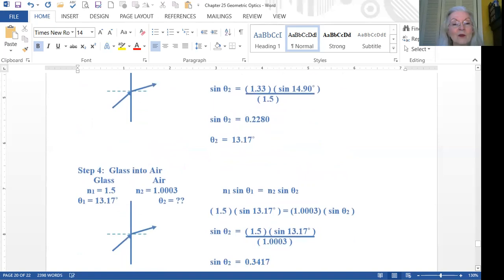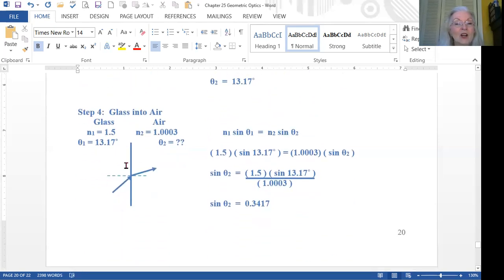And then finally, we're going to go glass into air. So we know the glass information, both the index of refraction and its angle. We're exiting into the air. We know its index of refraction, and we're solving for the angle. So N1 sine theta 1 is N2 sine theta 2. Plug in the numbers. You get that sine theta 2 is